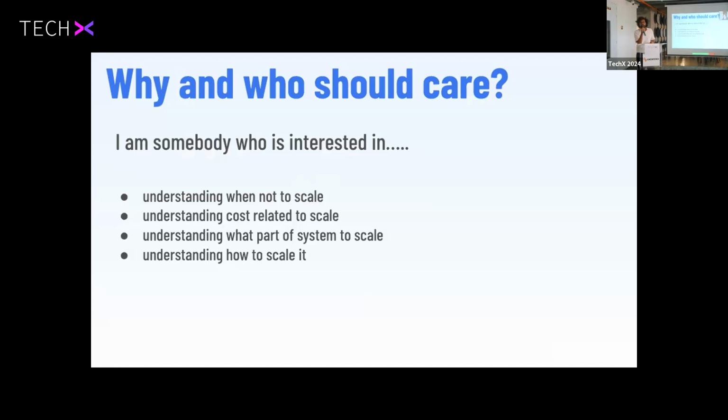I think by default, a lot of engineers right now just default to saying microservices, queues, Kafka, AWS auto-scaling groups, and this and that and everything. And I think people just skip the step where people should talk about when not to scale, right? From the get-go, you won't have scale. That's just how it works, right? So when not to scale, when to understanding cost related to scale, right?